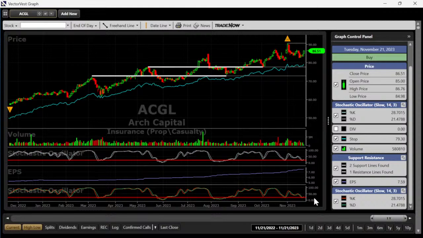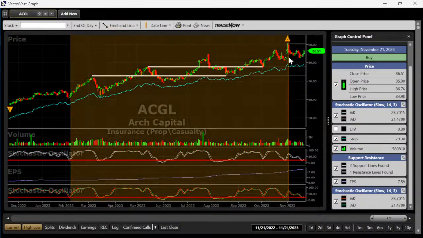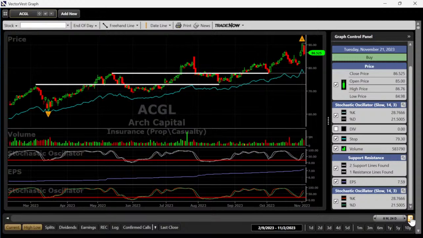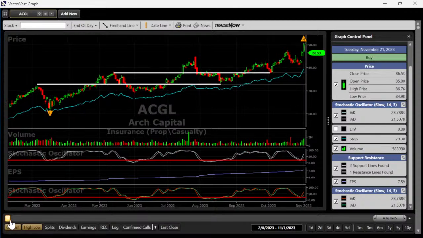So looking at this again, I do like this setup actually. Price just recently pulled back off of a new high. So if you're looking at this stock as of right here, if this were the hard right edge, you're saying, okay, and the date is November 1st, and okay, great, market's moving higher. Should I buy this stock now? You could say yes if the stock continued to move higher, but it didn't. It broke down the next day. Even if you had stochastics crossing from below 20 to above 20, you never got follow through. So if November 1st is the hard right edge, you might see it's made a really strong move.